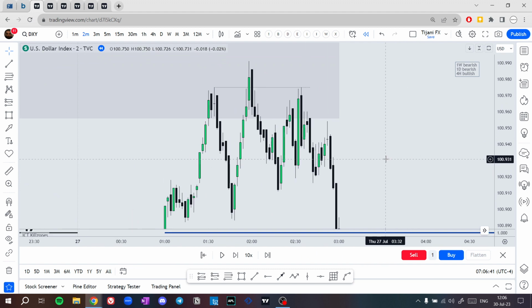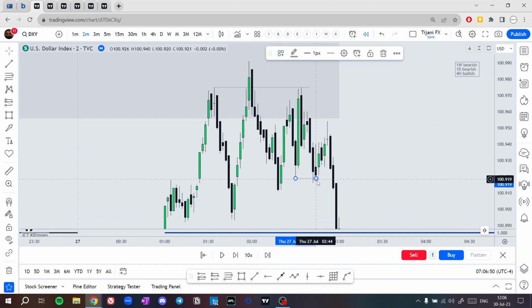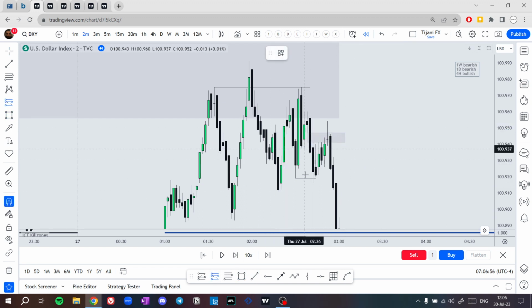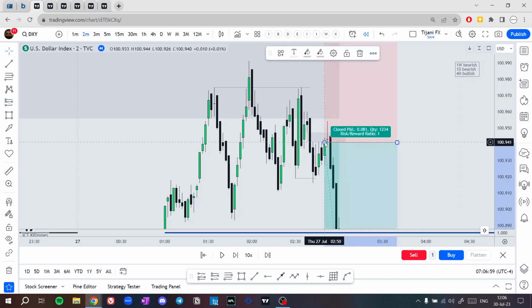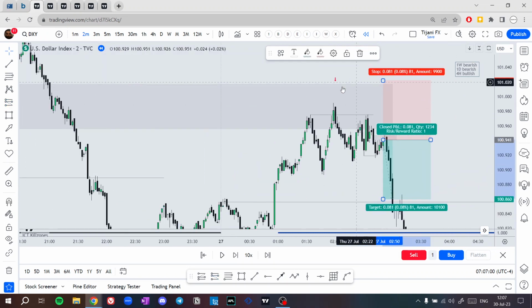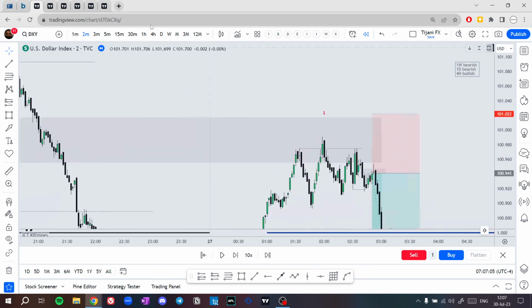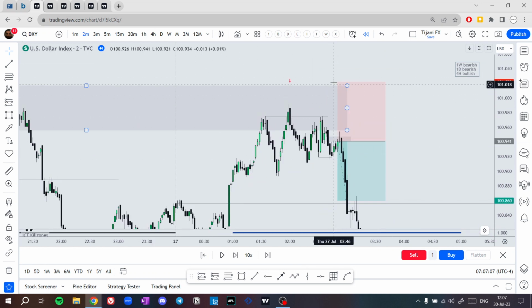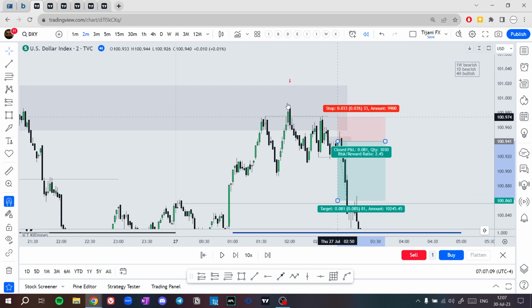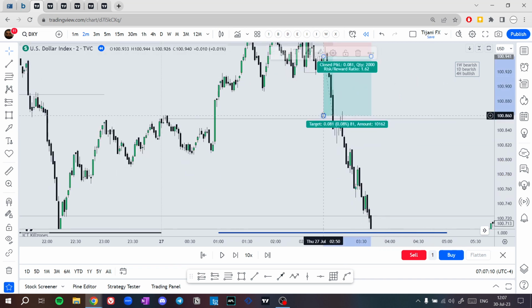This is it. We see that price took this high, then drops lower to this order block, failed to make a higher high, then drops lower, taking this low here. We have our fair value gap entry here, and this was your entry. If you didn't want to enter from this fair value gap, put in your stop loss above this high. Either you're gonna enter here with stop loss here and exit at 122 if you are